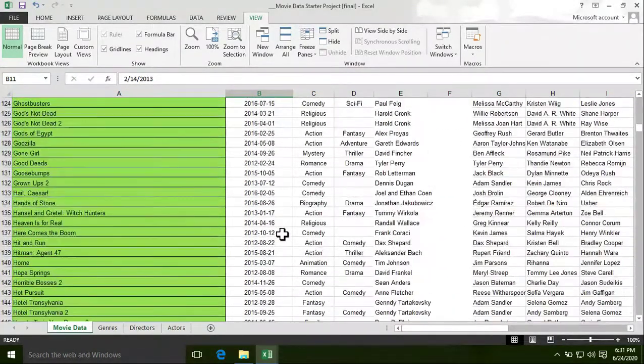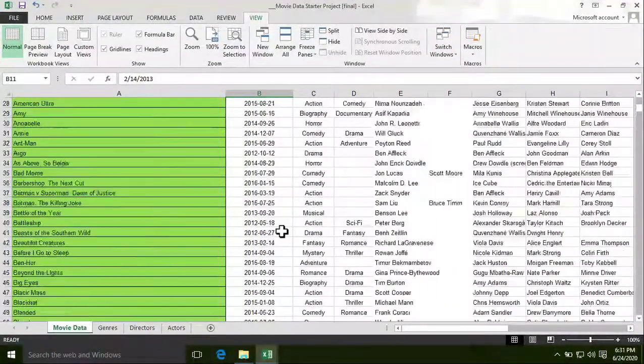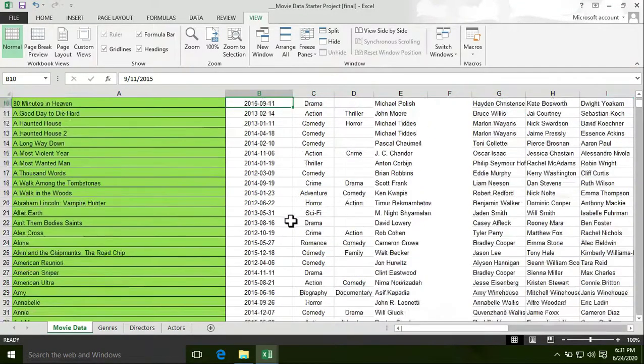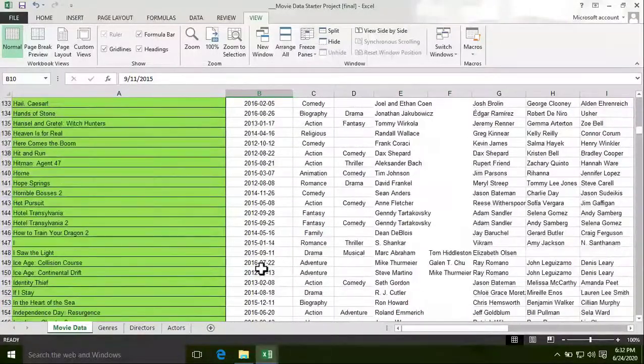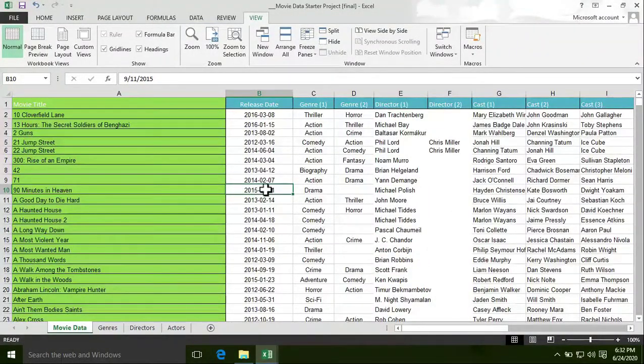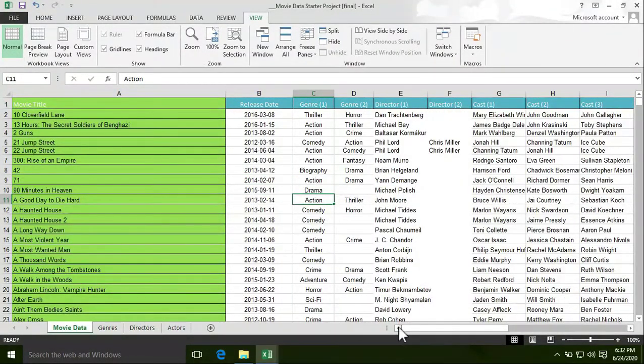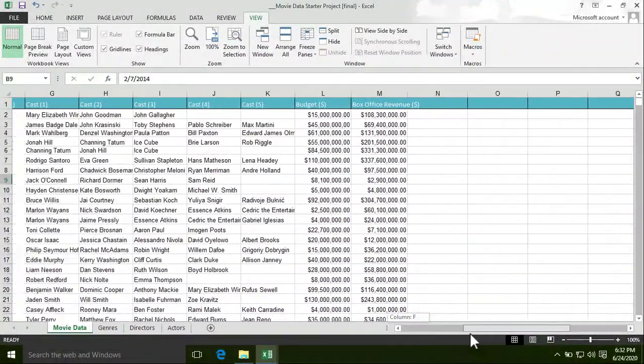But whenever I scroll vertically, the first row also disappears. Now let's see. I am scrolling vertically, so this row is going to disappear. Now if I scroll horizontally from left to right, the first column disappears. For example, I'm going to scroll horizontally from left to right, and as you see, the first column disappeared.